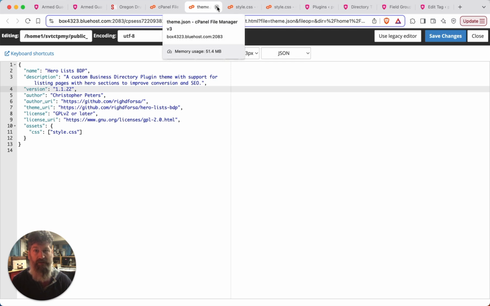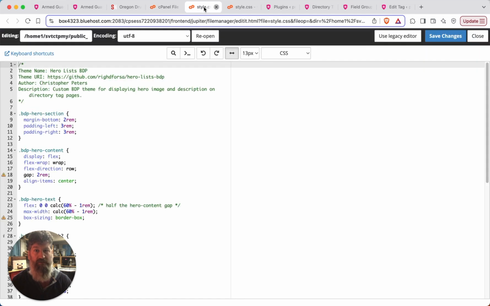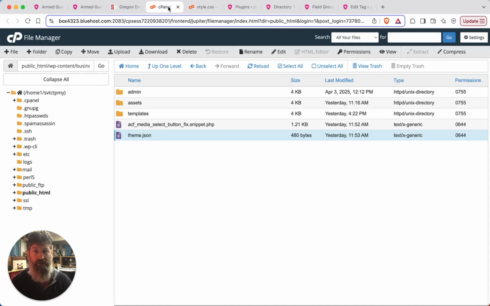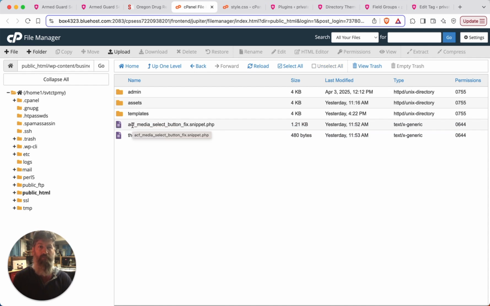If you get into editing all of these files, this directory structure is going to be available for you in a GitHub repo that I've created, and the link is in the description. There's a PHP file here which we'll talk about more later. It's for fixing a bug that I discovered when I went through and started trying to work on these